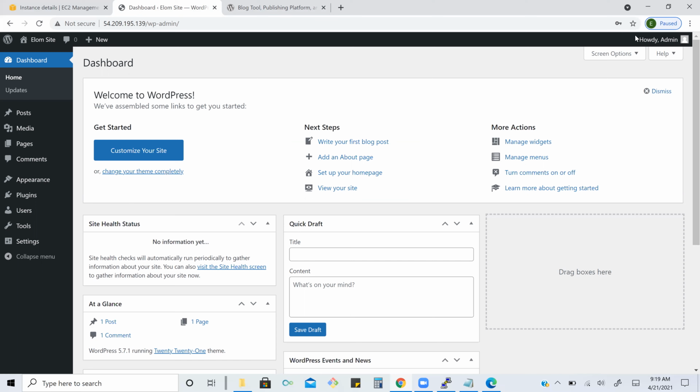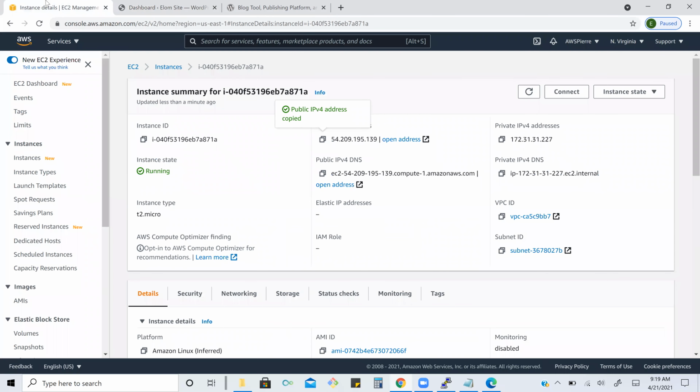So you have two choices now. You can leave this server as it is, or you can delete the server whenever you want. I recommend that if you are not using it, stop it, or delete it.